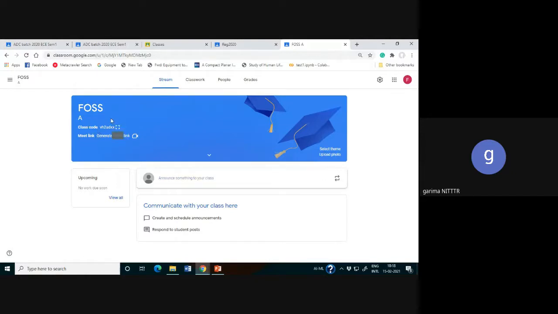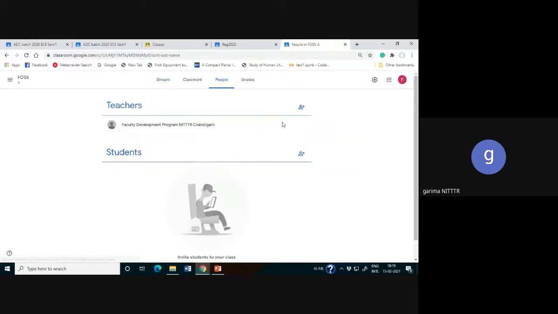Now, as a teacher, I have created a class, and my next step is to invite the students to this class. How can I invite the students? Either I will mail all of you this class code, or I'll send a mail from the stream: I click on People and invite students. Inviting students means giving the invite link.